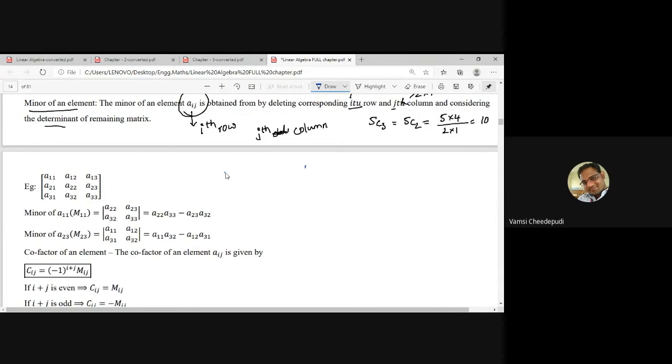Sir, if you want to find the minor of the matrix 1, 2, 3, 5, 0, 7, 6, 8, 9, let us suppose something like this. Sir, this is the given matrix. Sir, if you ask me what is the minor of element A23, second row third element, in this example that is the number 7.